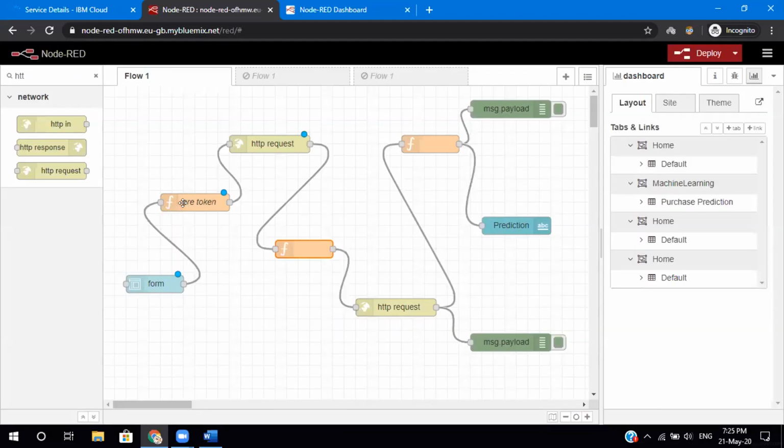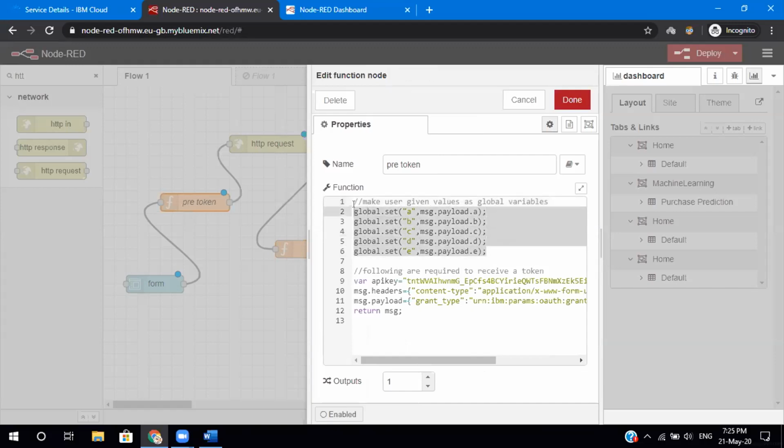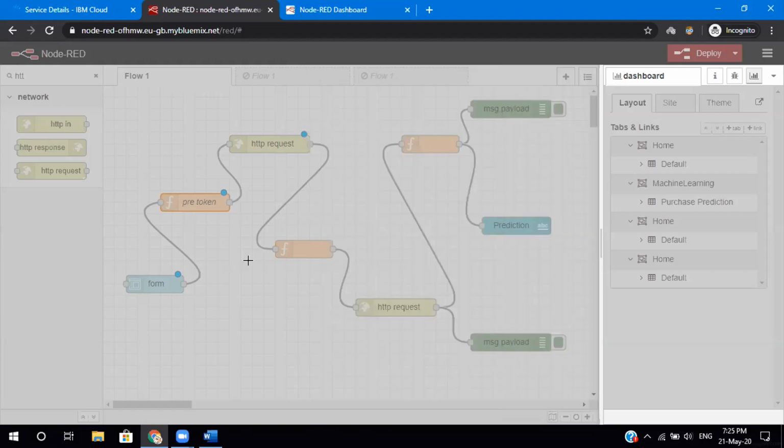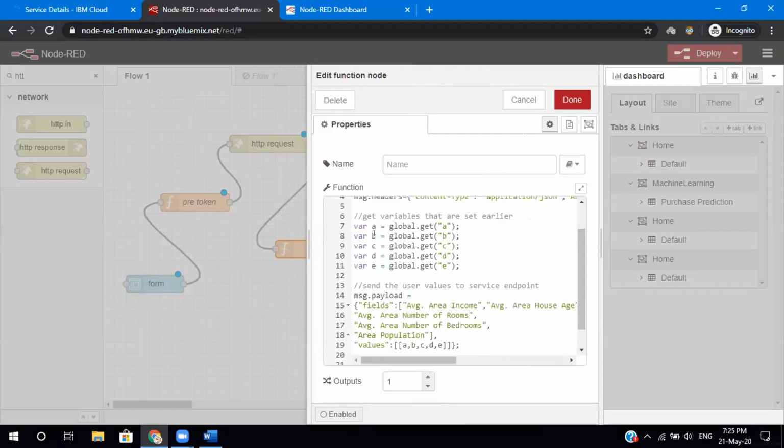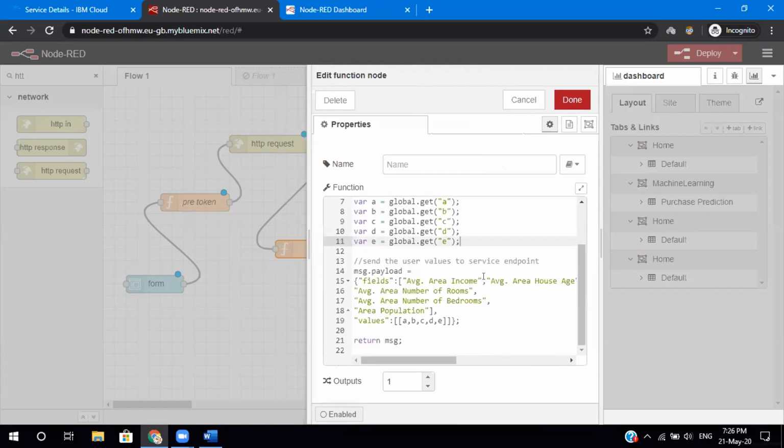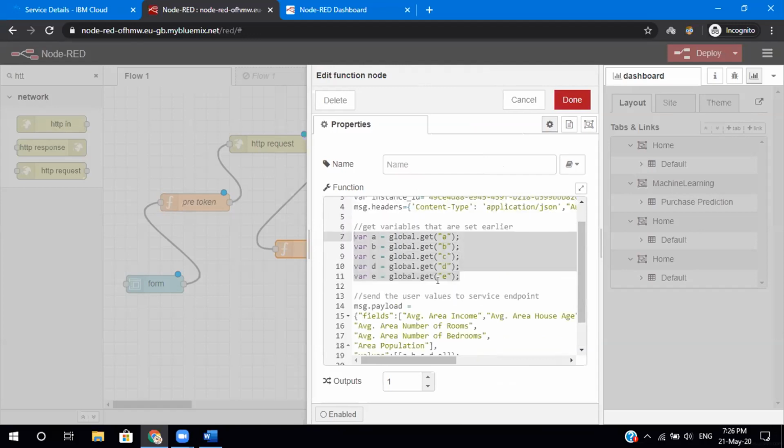And we've made these A, B, C, D, E. These are the user given values, right? I'll come back to your discussion in a minute. We've given these variables, and we're going to access them as A, B, C, D, E, and get them. If you are a very familiar user of JavaScript and you also know Node.js, you may consider using const instead of var. If not, use this as it is. So we have all the variables.